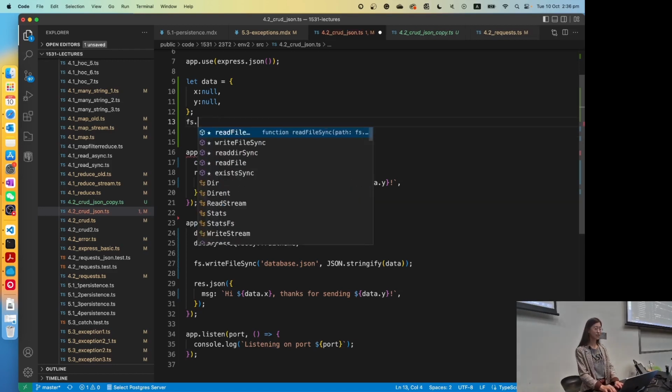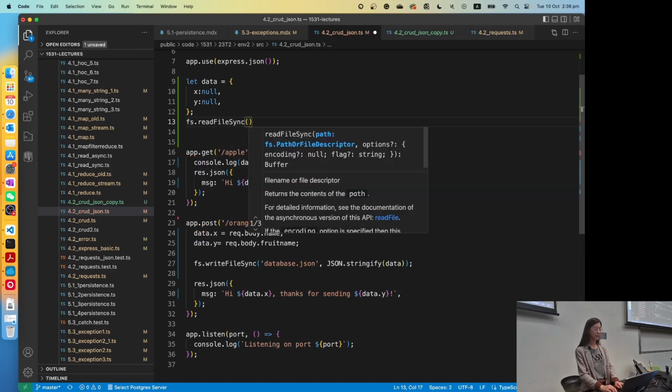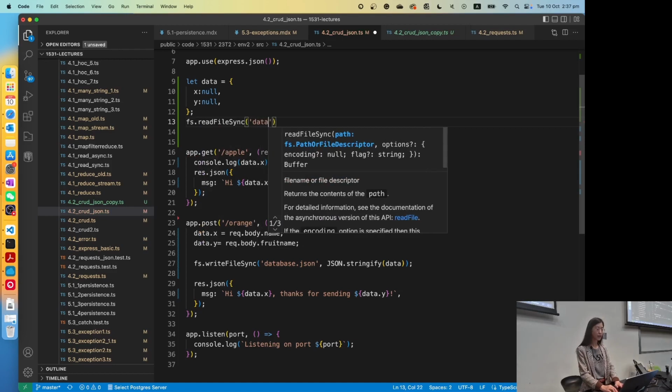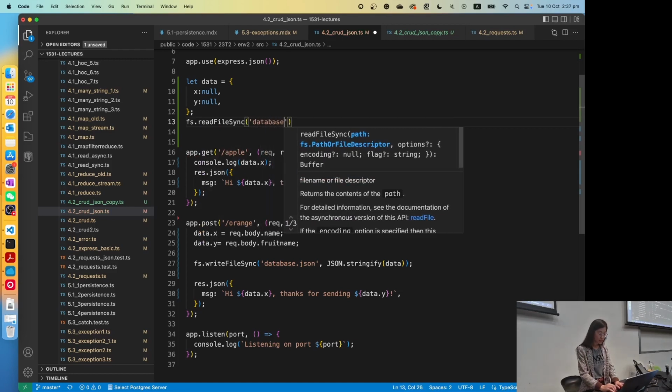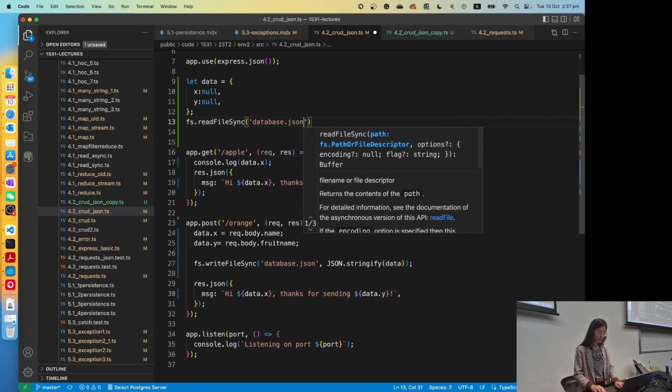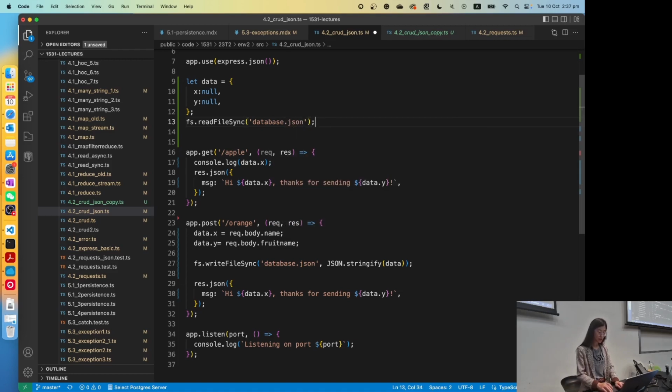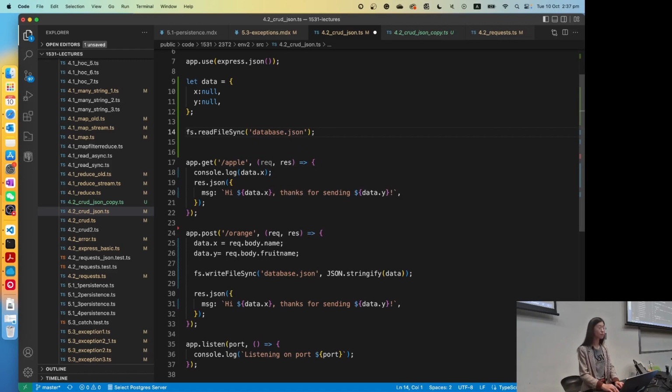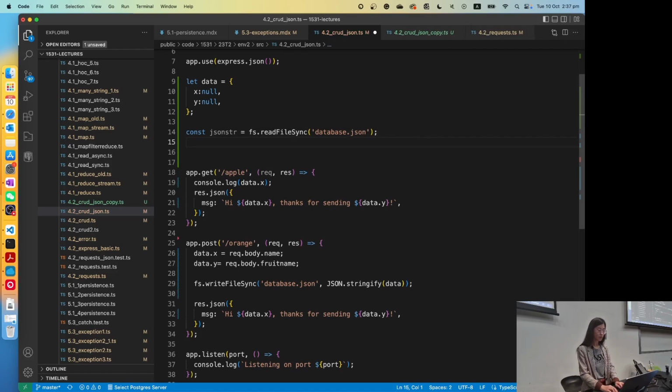fs.readFileSync and then the path. Right. So which file we want to read from. It's called database.json. Okay. So after we read from that, what we got should be a JSON string. So we temporarily save it somewhere, for example, jsonString. And then before we use that, we need to